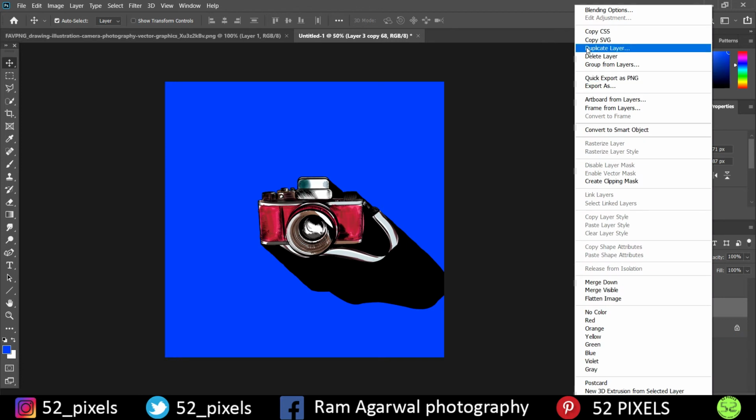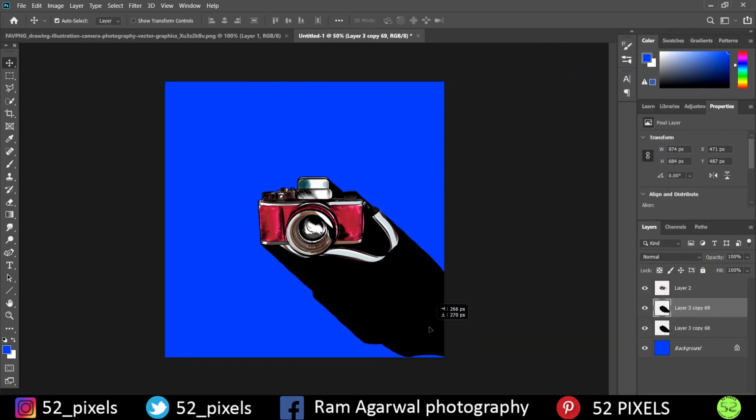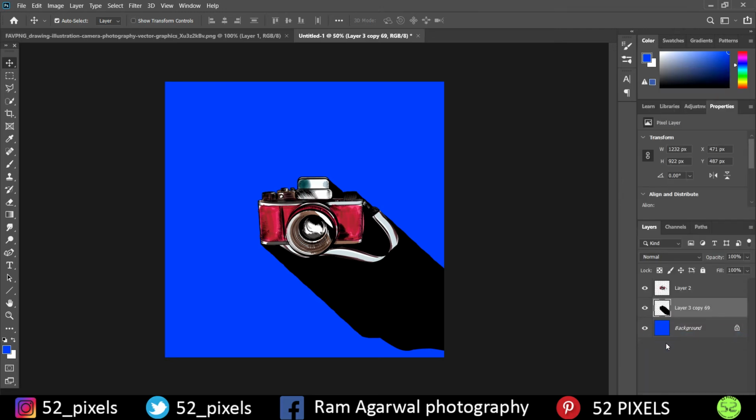Now again we are going to duplicate the layer and stretch the shadow somewhat like this. Again merge the layers. It's a long process, but the end result is good. I'll again duplicate the layer for the last time, and again I'll merge these two.